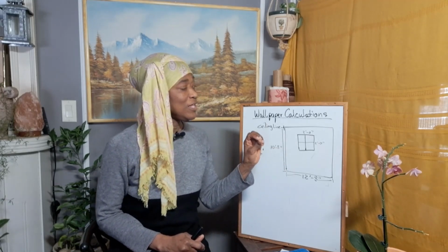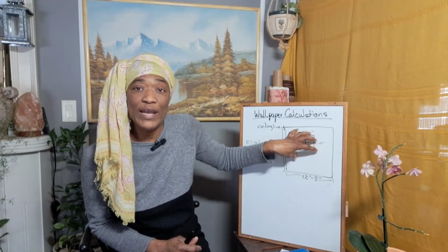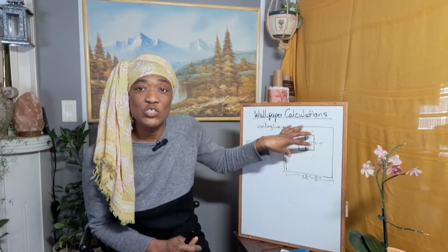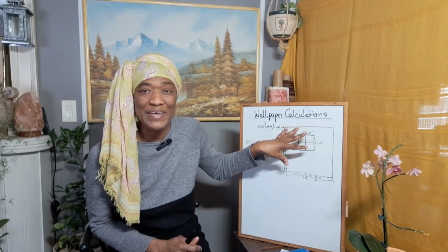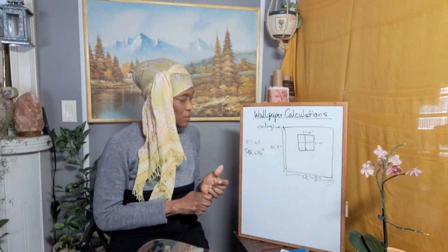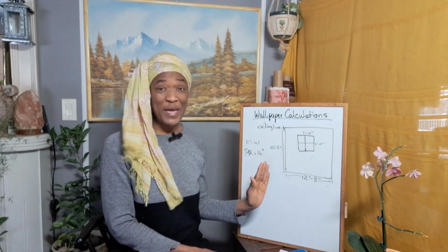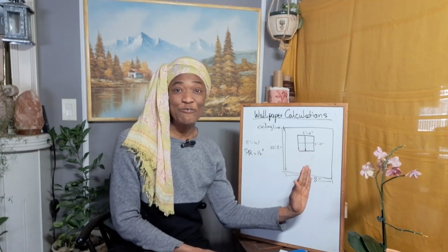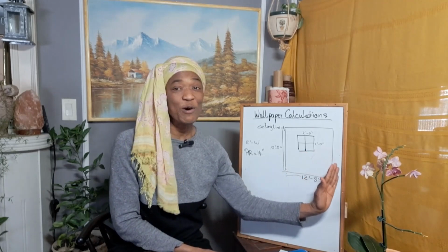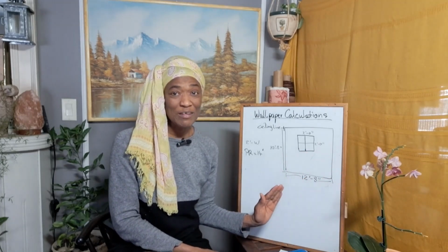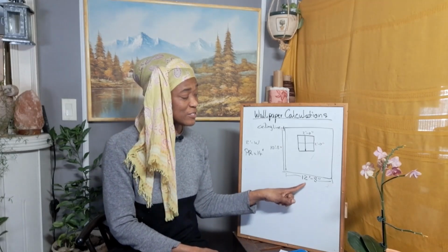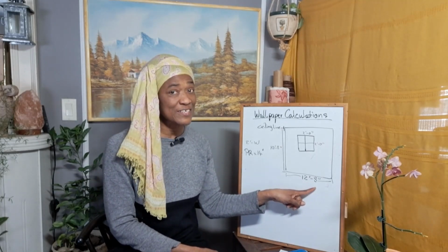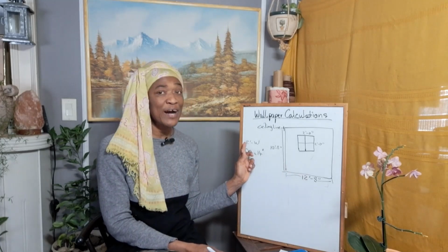Now our wall has a little window on it which is 2 feet by 2 feet. However, let's just kind of ignore it like it doesn't exist, because this should not affect how much wallpaper you buy. It's just a small window, right? We need to find out how many widths of this 2 feet wallpaper we will need to go across the wall. So we'll take the width of the wall, that is 12 feet 8 inches, and we will divide by